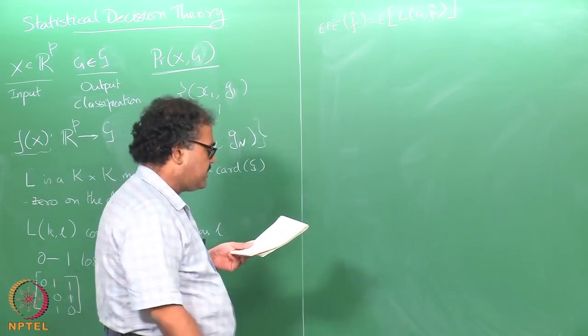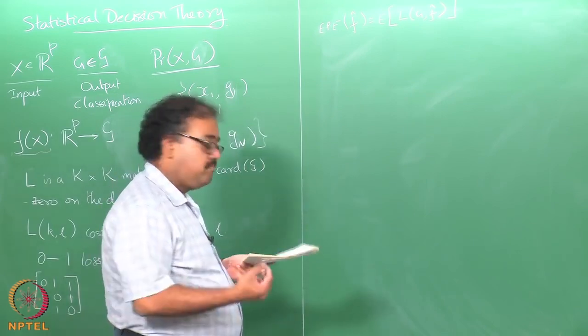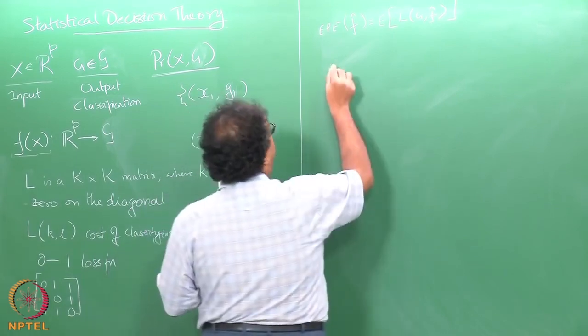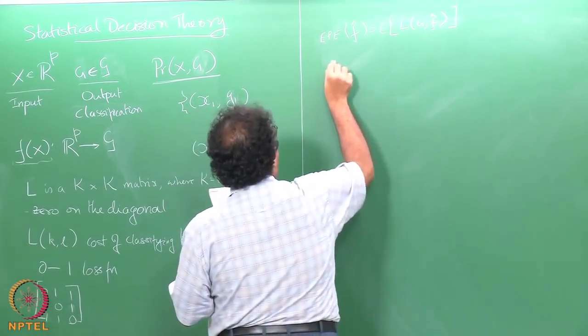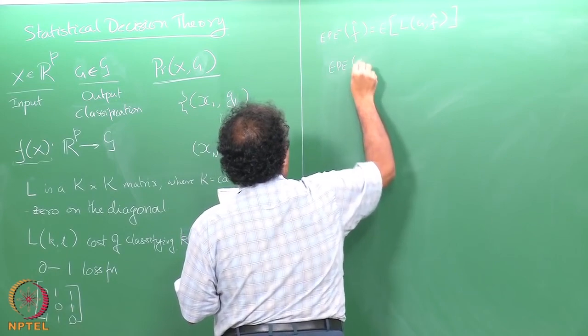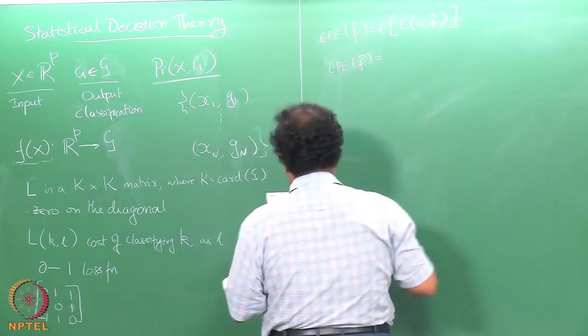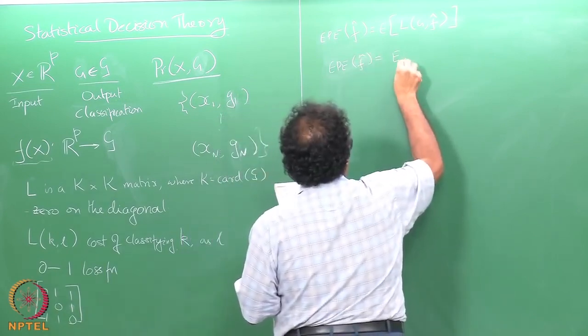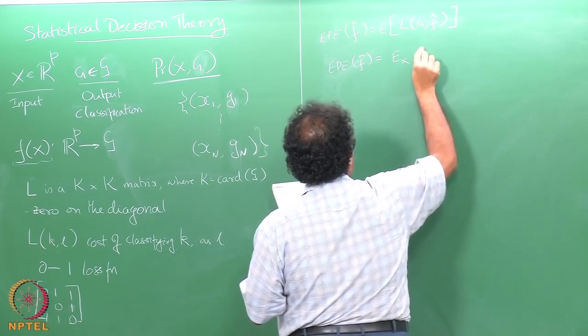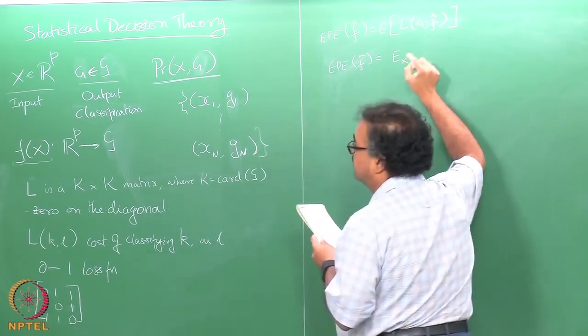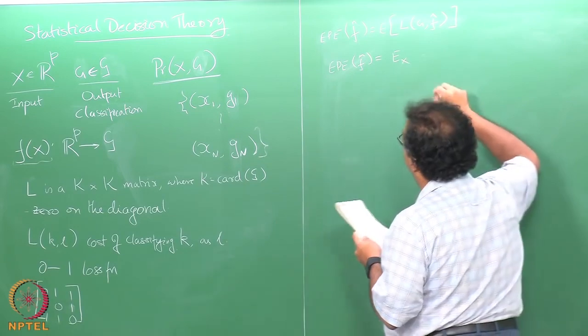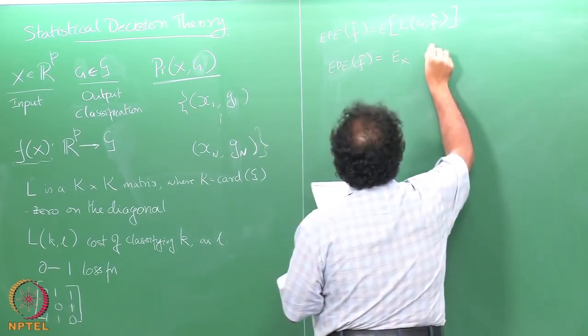I can start conditioning it on x. So, the expected prediction error, and then the expectation over g given x, which essentially becomes a